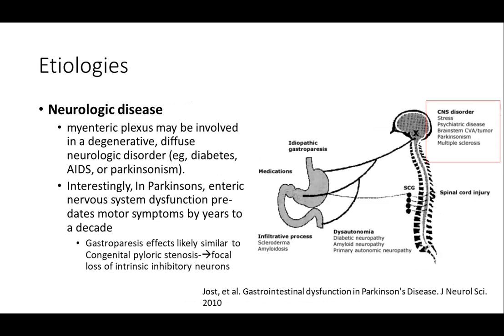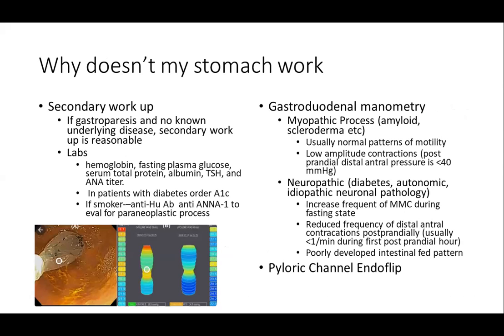So the neurologic diseases. We'll see this if you have a patient with Parkinson's or MS or some other primary neurologic disease. This is not an uncommon thing that we'll see. So it's just something to keep in mind. Really knowing and understanding someone's history is important before you start saying, "Oh, this is just idiopathic. We don't know what to do." It's probably what's going on.